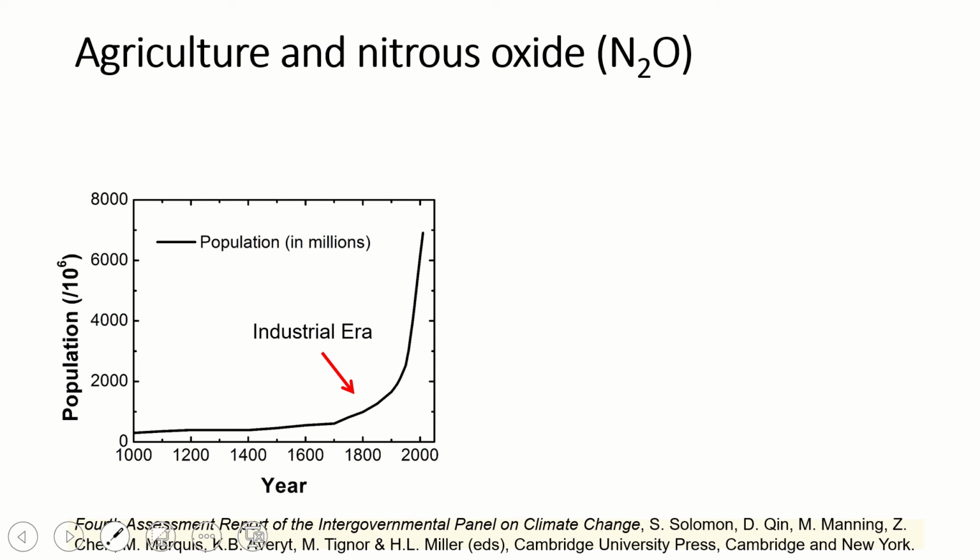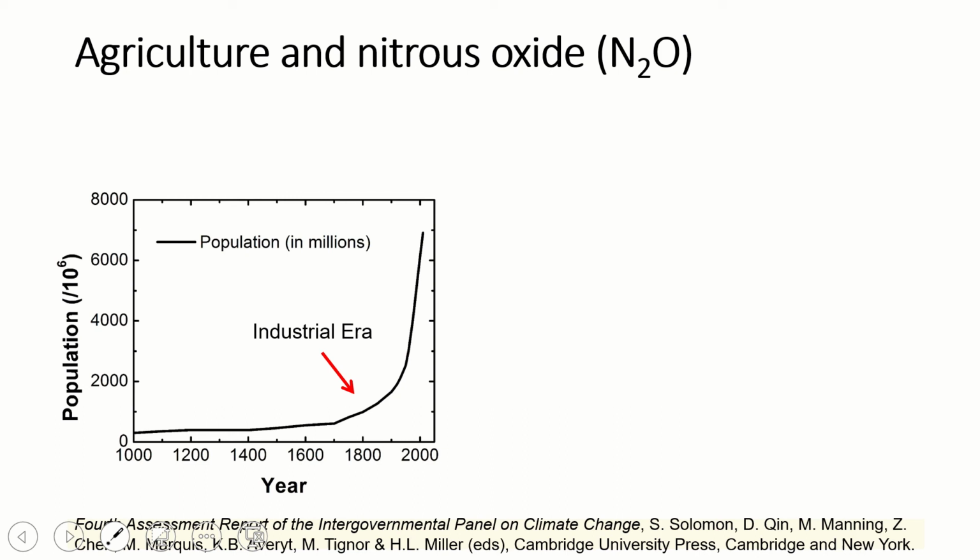So in this slide, this figure shows the increase in the human population from the year 1000 to 2000 AD. So there starts to be a very large increase in the human population at the rise of the industrial era, when more efficient farming practices were discovered that allowed for higher crop yields and allowed for supporting a higher population. Later on, fertilizer, the Haber-Bosch process in fertilization, was also discovered, allowing for this large, rapid increase in the